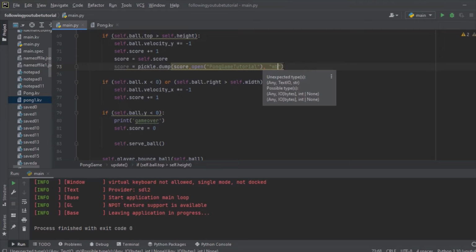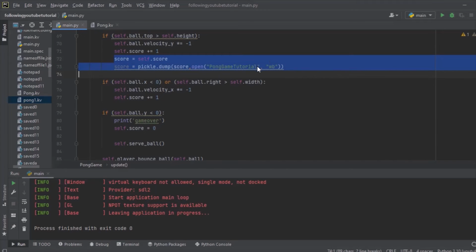No, let me bring this right inside. Let me cut this off and paste it right over here. Yes. So the same thing, if the ball bounces on top of the screen,